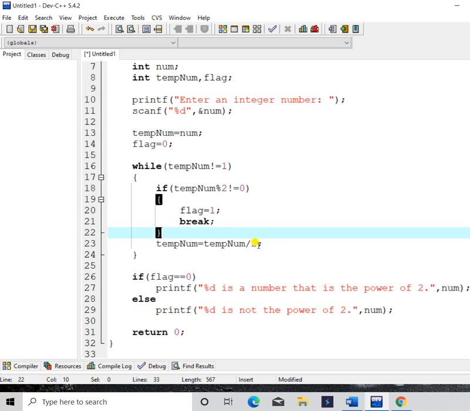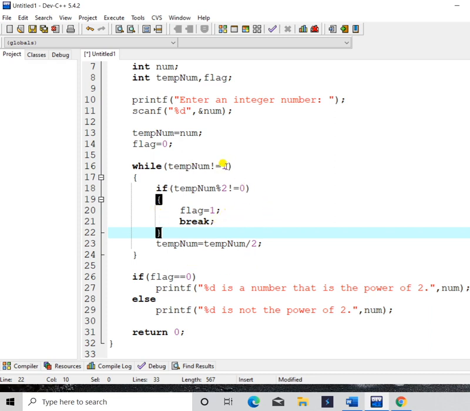So here it prints what? 2 by 2 means 1. Then the value of term will be 1. Here we clearly declared while term not equals to 0, but here we see that term equals to 1, so it will be out of the loop.